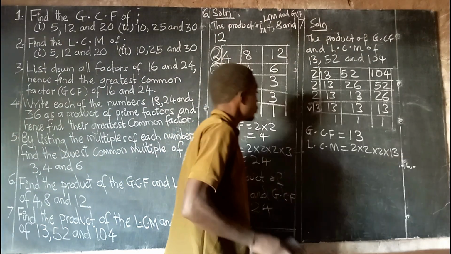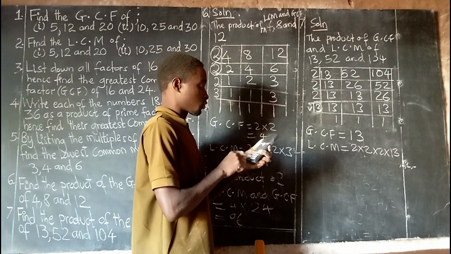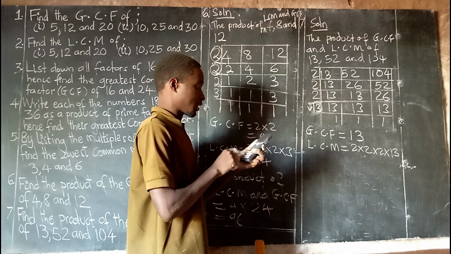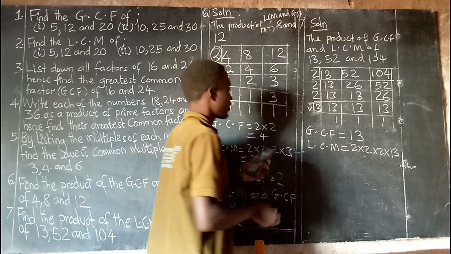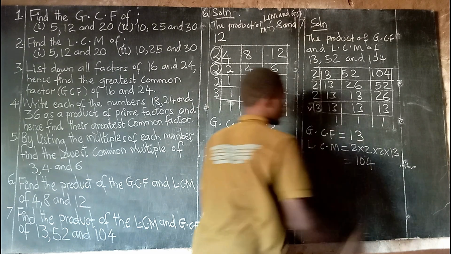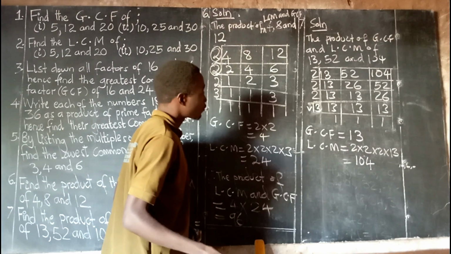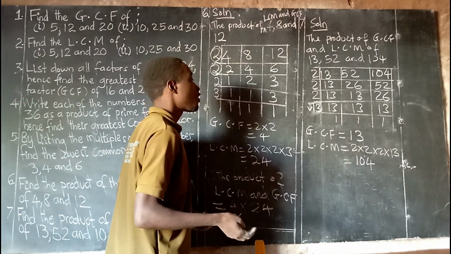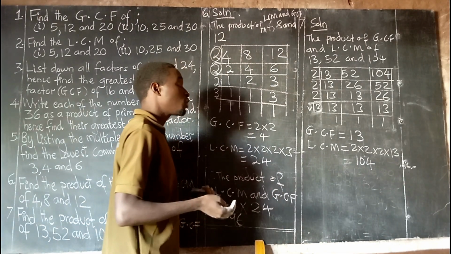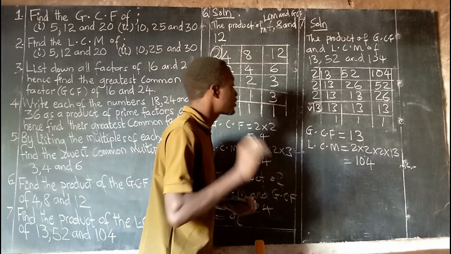2 times 2, we have 2 times 2 times 2 times 13. The answer here is 104. We have 104 as our LCM. Now, what are we asked to find? We are not asking to find the GCF, we are not asking to find the LCM, but what we are asking for is to find the product of the GCF and LCM